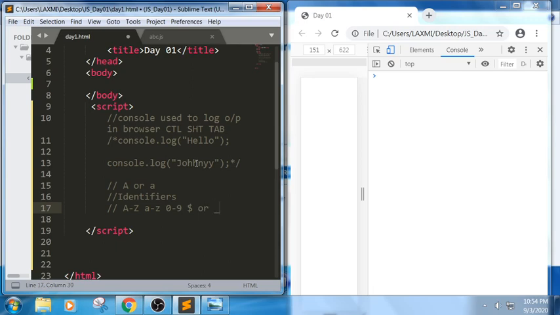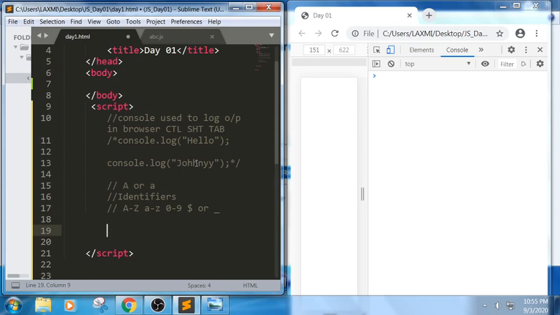Always make sure an identifier starts with a dollar sign, an underscore, capital A to Z or small a to z. It should never start with a number. So these are the characters we can use to denote identifiers: capital A to Z, small a to z, dollar, and underscore.